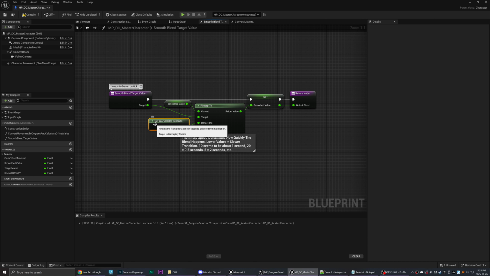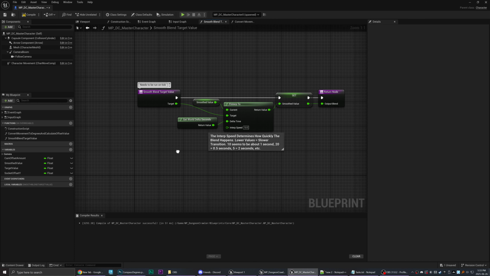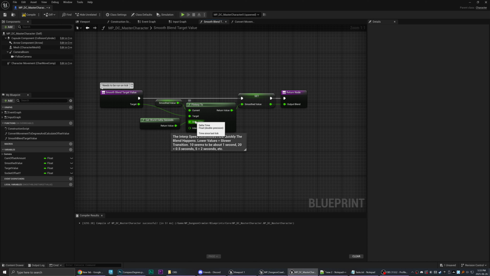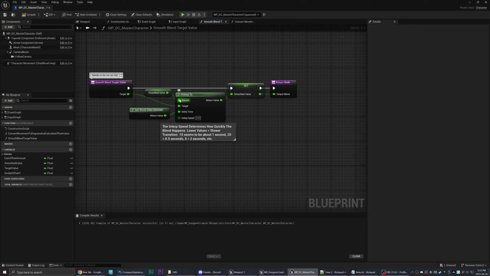You use the world delta seconds, which is essentially finding the amount of time between frame generations. So your tick rate, and you're plugging that in. So again, you just right click, get world delta, and you'll see get world delta seconds. So we plug that into the delta time. And then the interp speed here, the higher the number, the faster the blend between these two values will be. And the lower the number, the longer it'll take.